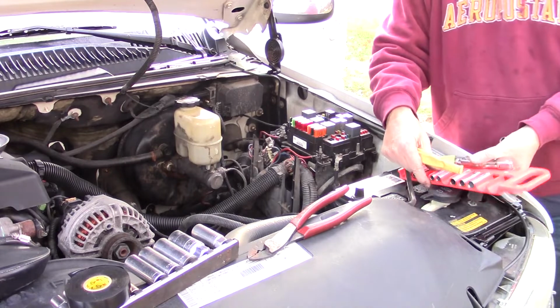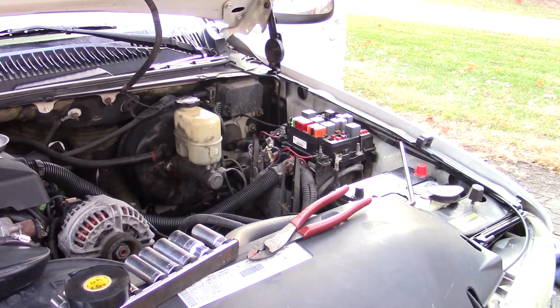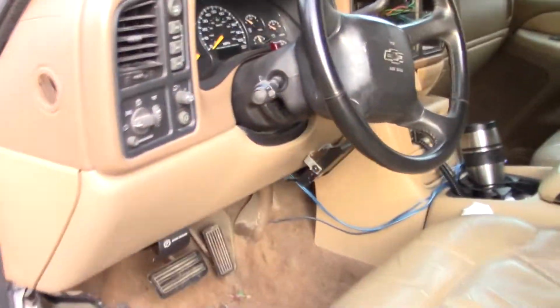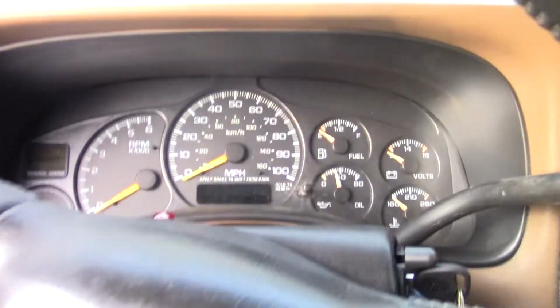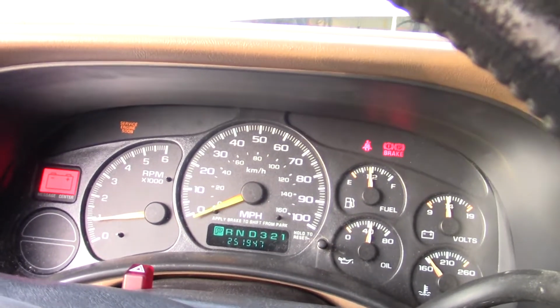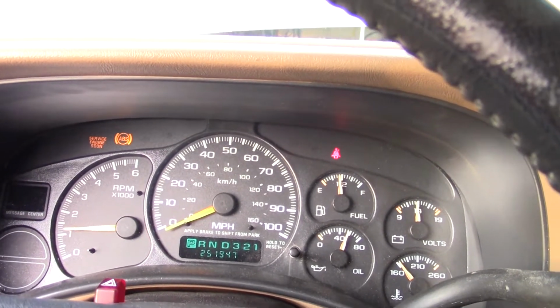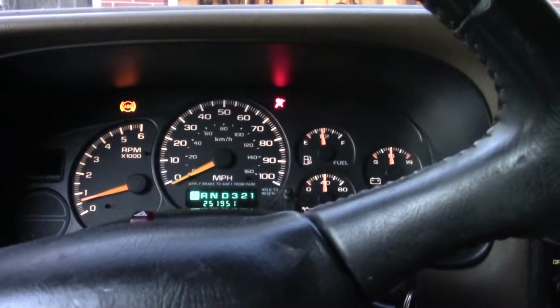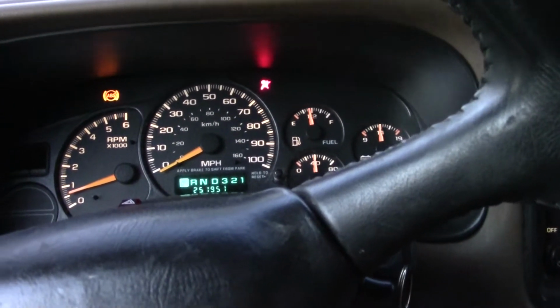Okay. Now let's make sure she still runs. And while I seriously doubt the service lights are gone, might as well see it all together, huh? No such luck. So after I got my mess cleaned up, hopped in the car and took a ride over to the park and back, and